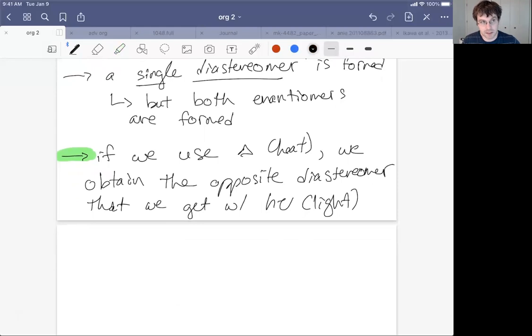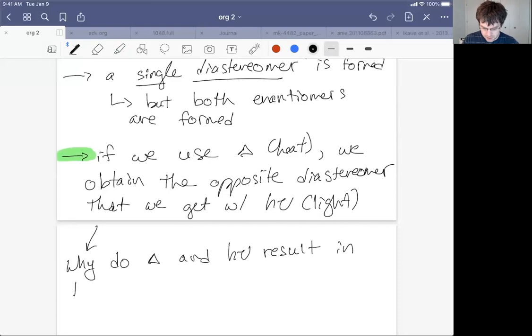I mean, heat and light, they just are energy suppliers, right? Well, on the surface, sure, but the mechanism that they use to actually supply energy to the system is different. So why is this the case? Why do heat and light result in different diastereomers? You might recall that diastereomers differ in every way except for the